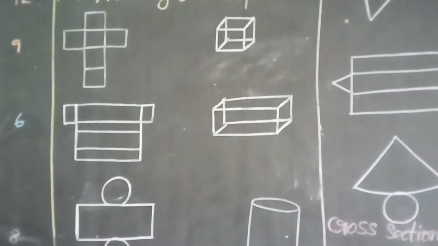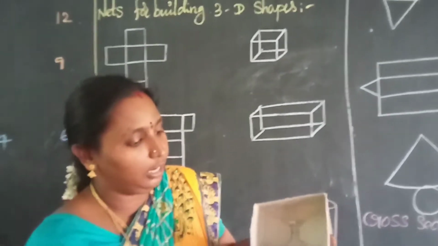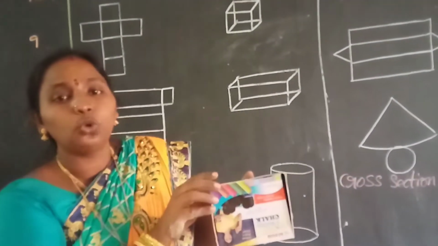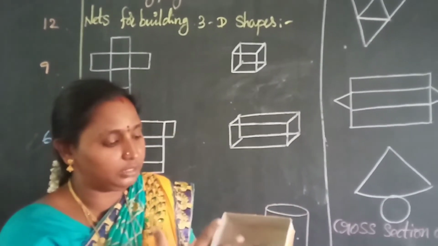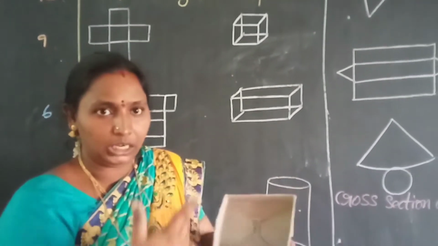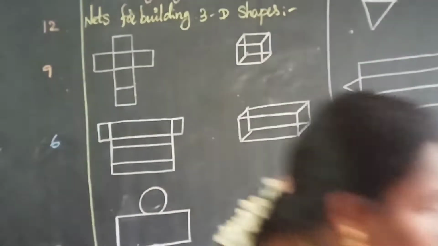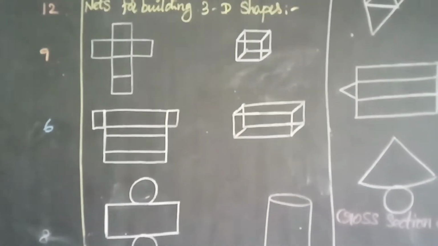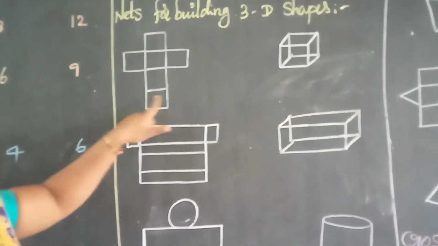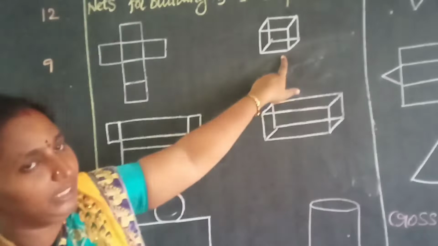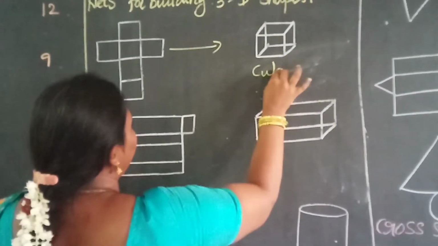Here I have another one, that is a cuboid. Our chalk is nothing but our chalk piece box. Here I fold like this, I will get a cuboid shape. Okay, if I open this out, I will get a paper like that, the cutting of the paper. So that is called a net. Okay. So here I draw some nets. By looking at this, by joining this net, I will get a 3D shape, that is a cube. So this is the net for the shape cube.